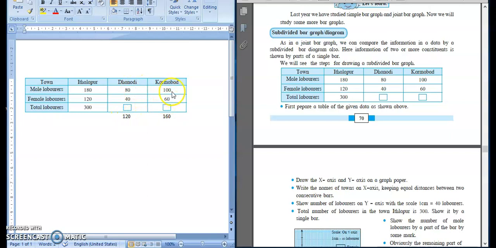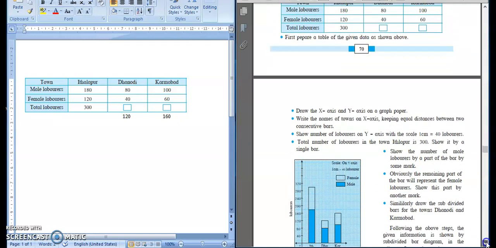And similarly here Karmabad has 100 male laborers and 60 female laborers. So the addition of all these male and female laborers gives 160 total laborers in Karmabad. So here, first of all, prepare a table of the given data as shown above. So we have to prepare the table like this, and then the second step is to draw the x-axis and